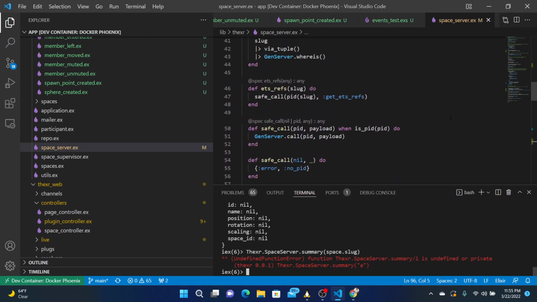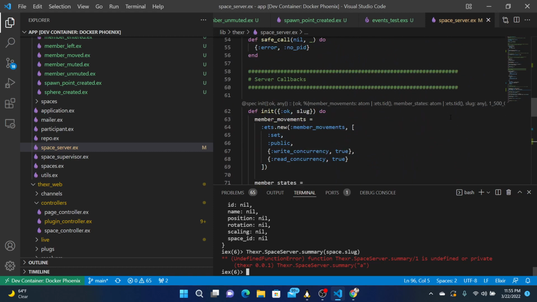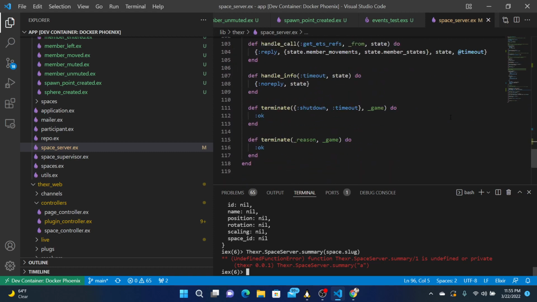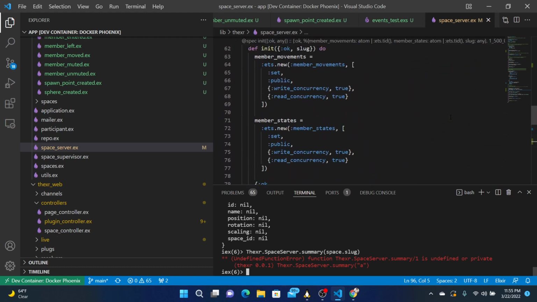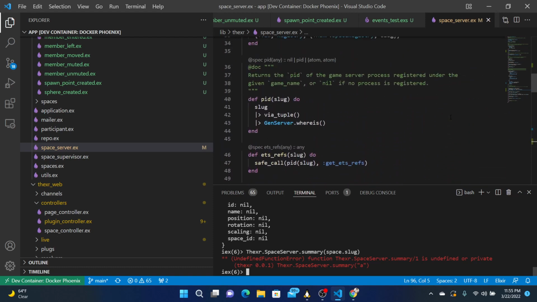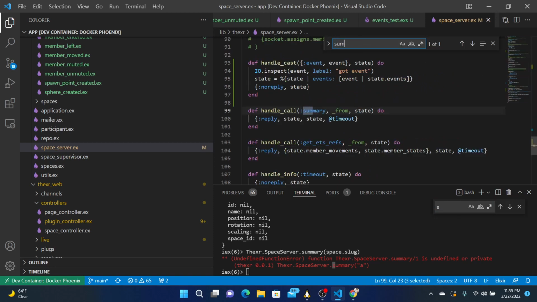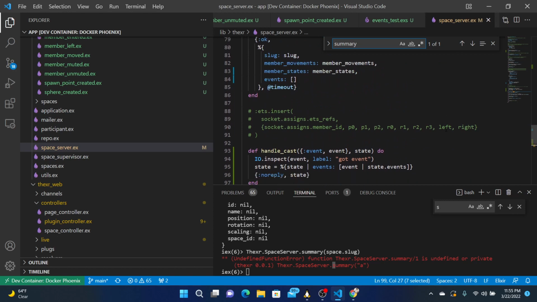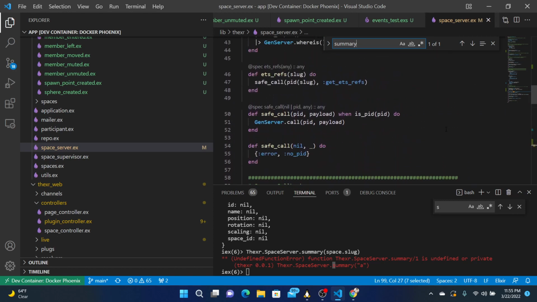What is it? Handle call summary. I don't think there's a way to get a summary anymore. Summary. There's no way to get this. So let's add that back. Anyway, you can just